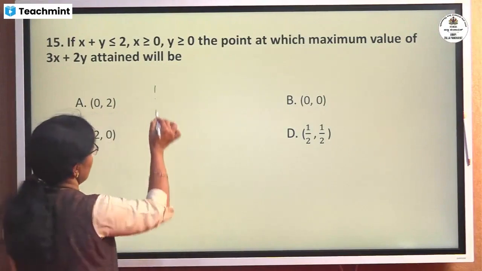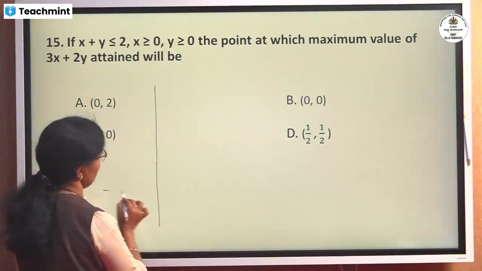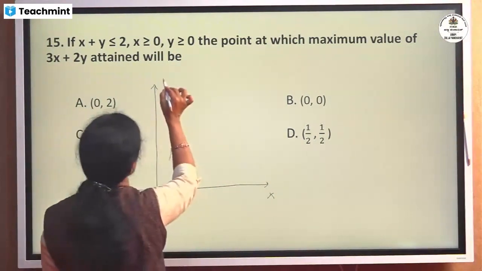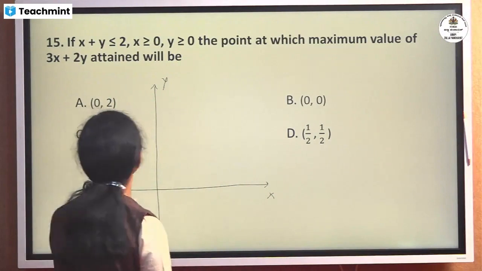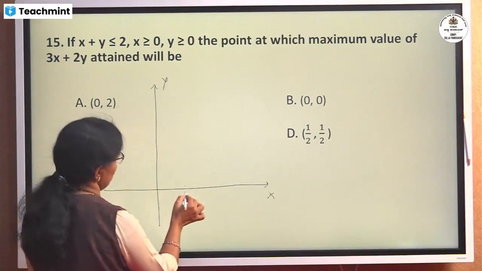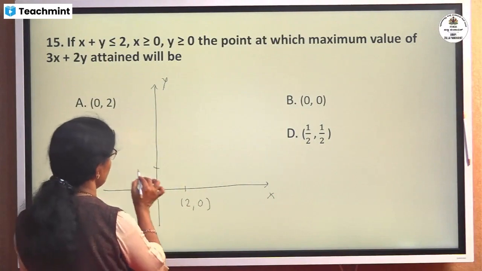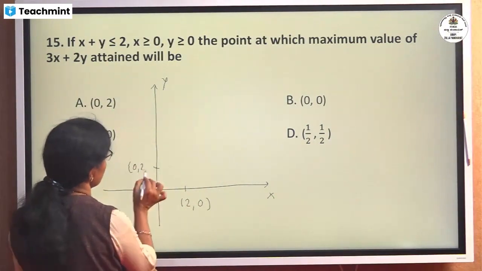Better to go for the graph. Here also you have to draw the graph quickly. So no need of taking scale, all those things. Rough graph is enough. So x plus y is equal to 2 means you will get 2 points here, 2 comma 0, and here also you will get 0 comma 2. So this is the line